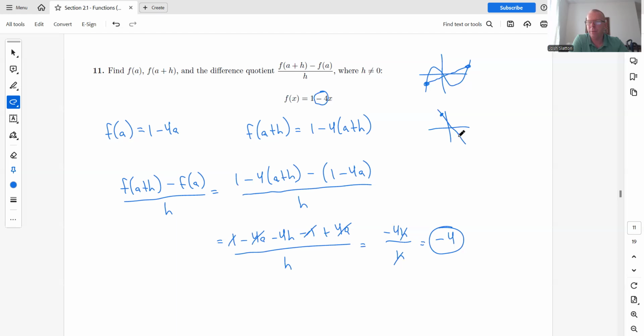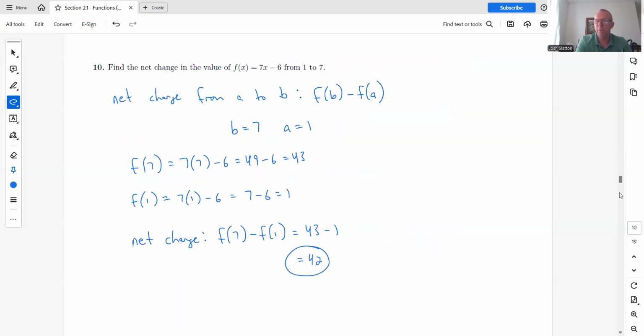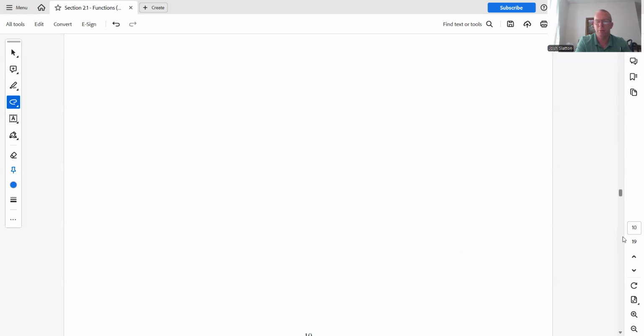Anytime that you have 2 points, it's just going to be the slope of the line between those 2 points because it's not changing. So the difference quotient will always give you back the slope of the linear equation, or the function, if that's what we're looking at. All right, so in this case, we have a quadratic, and a quadratic is not as simple as a linear